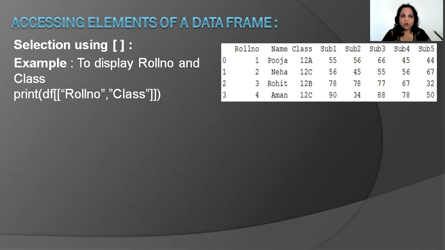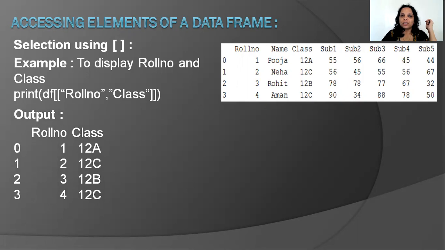Because we are using selection with the square bracket, obviously the square bracket is required, but that was for only one column. If you have a list of columns, then the list itself has a square bracket. So you have an inner square bracket and you specify roll number and class, and it shows you roll number and class. This couldn't be done using the dot operator. In the dot operator, when you say print df dot class, comma, print df dot roll number, you would have the class first, and below it, after that output, the next output would be the roll number. Clear? So you know when to use the dot and when to use the square brackets. Fine.